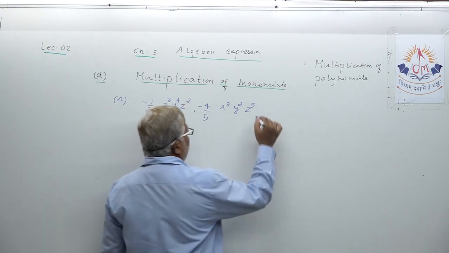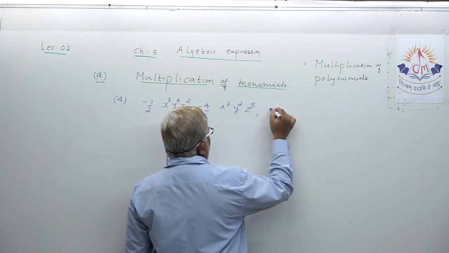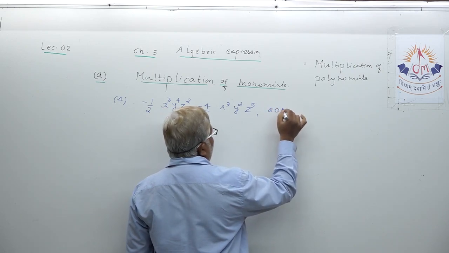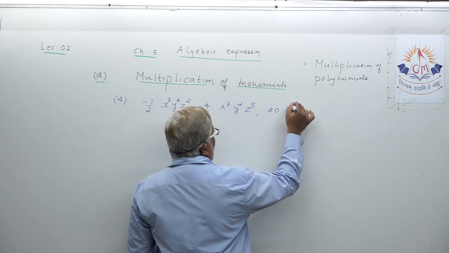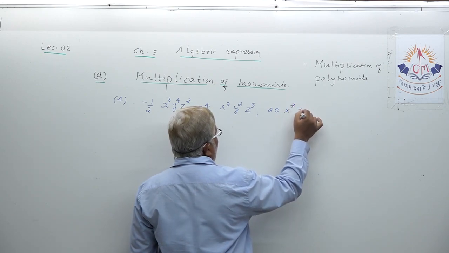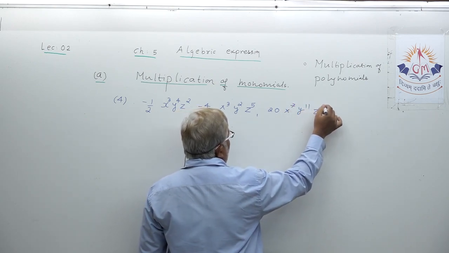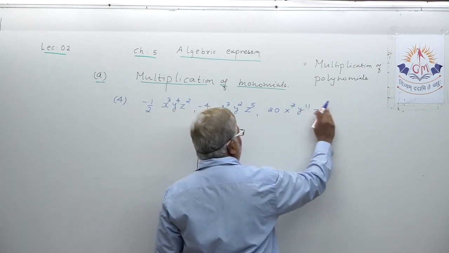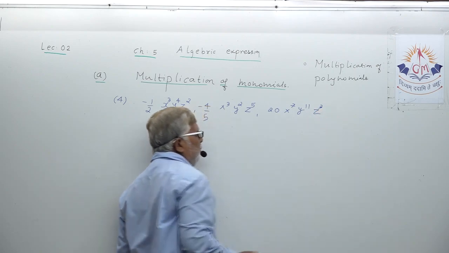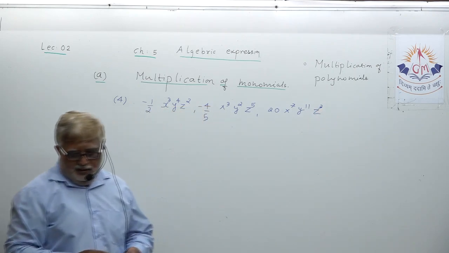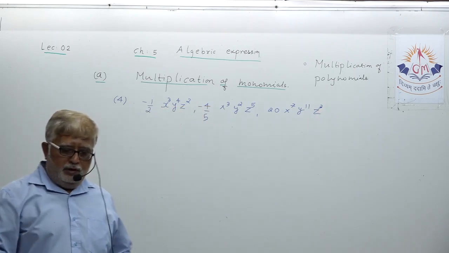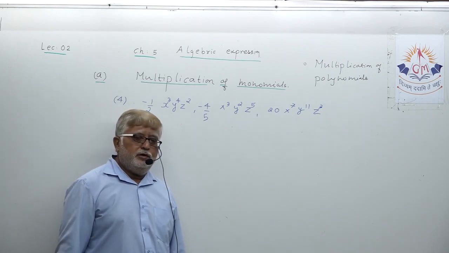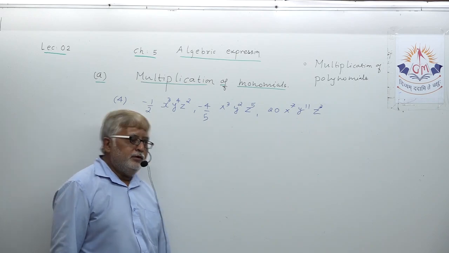Okay, then I would like to take 20 x raised to 7 y raised to 11 z raised to 3. Let me take some of the examples. It may happen that in WRT I may set questions to make your concept clearer and have a little more check on your concept. Okay,